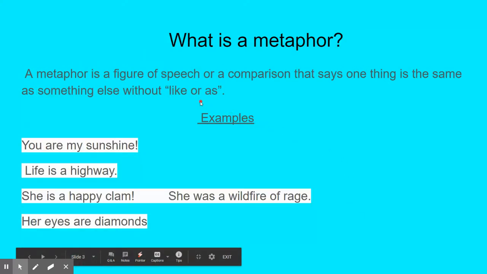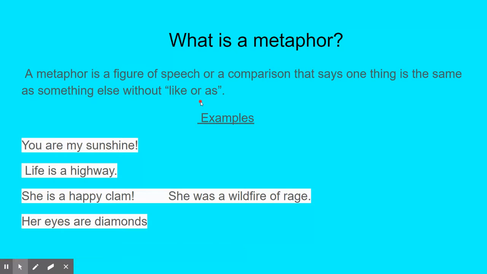What is a metaphor? A metaphor is a figure of speech or comparison that says one thing is the same as something else without like or as. So a metaphor cannot have like or as in it, or else it is not a metaphor. You are my sunshine. It's comparing you to sunshine, which means you are like the brightness of my day. And as you can see, there is no like or as in this sentence, which means it's a metaphor and